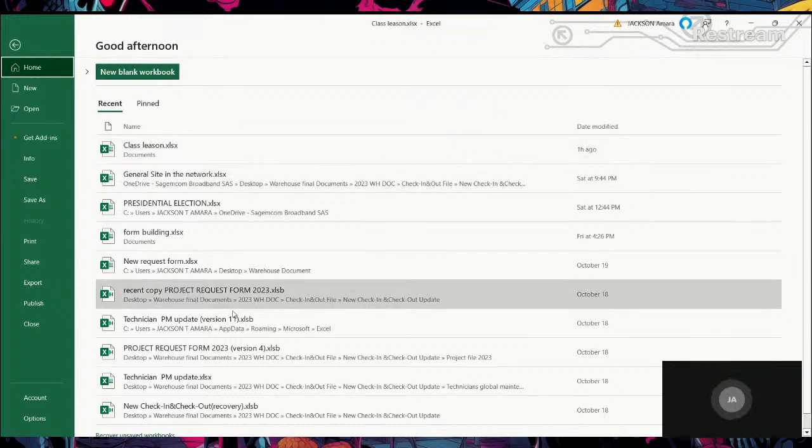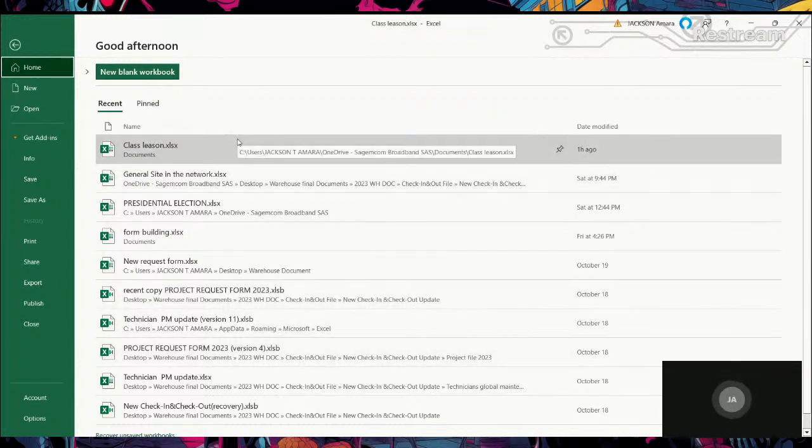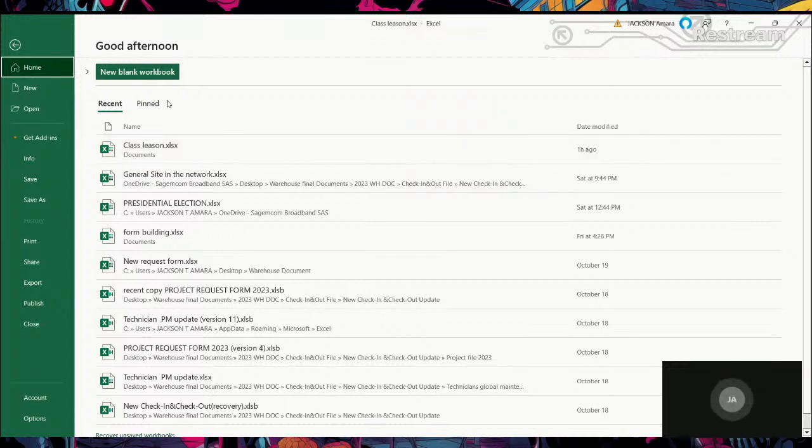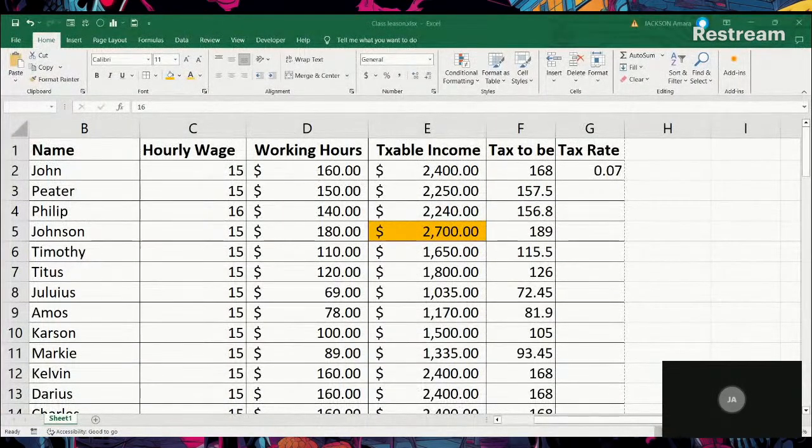You will see recent documents that you have been saving and working with in Excel. But if I need a new blank book, let me show you how it's going to be like. What we're going to do here is not deal with this, because these are recent documents. In my next course, I'm going to show you the functionality of all these you see here on the left tab. So we're going to move directly. What we need here is the